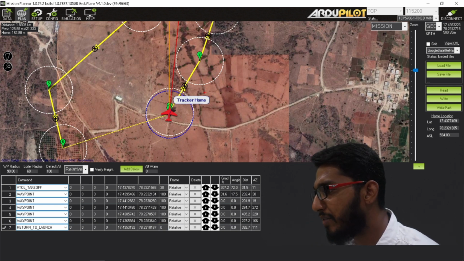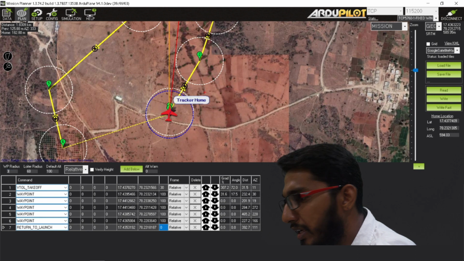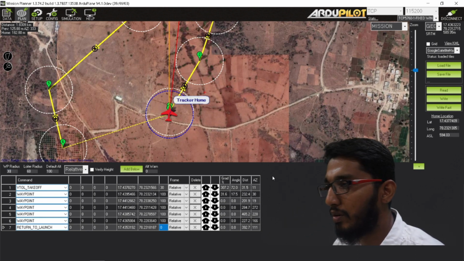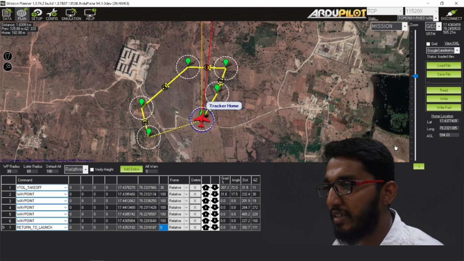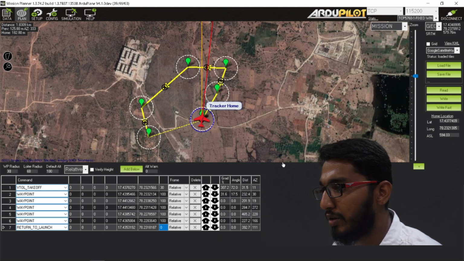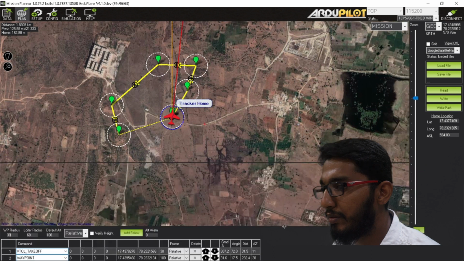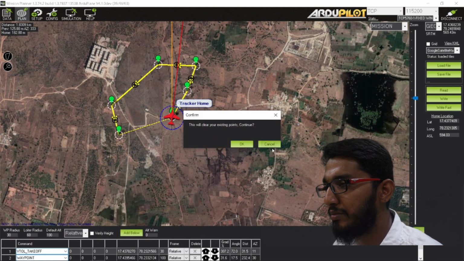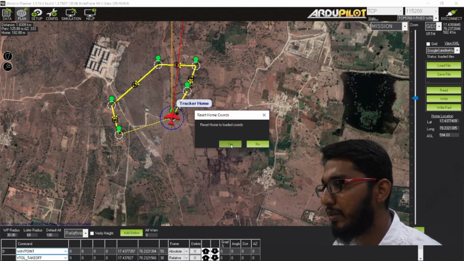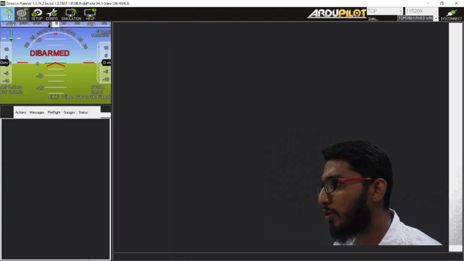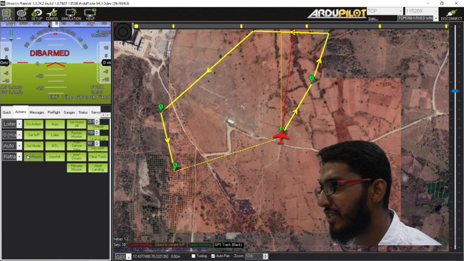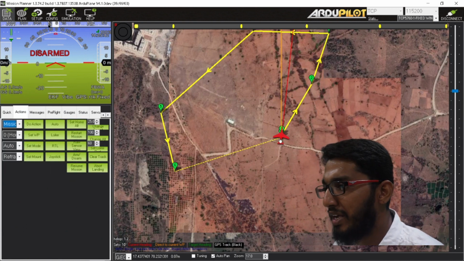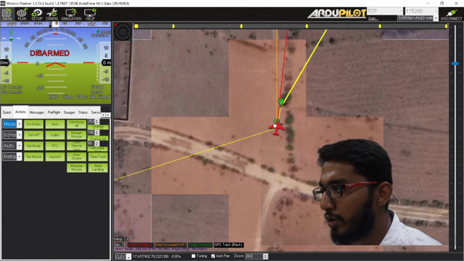Once this is done, my waypoint radius is 90, I will reduce it to 30. That depends on your drone. Mission planning is done. I am going to reduce this window down again. Now I am writing the mission. I am reading the mission. Yes. Now I will go to the data tab, actions tab. Here I will set my mission start. Now my VTOL quad plane is ready to take off.